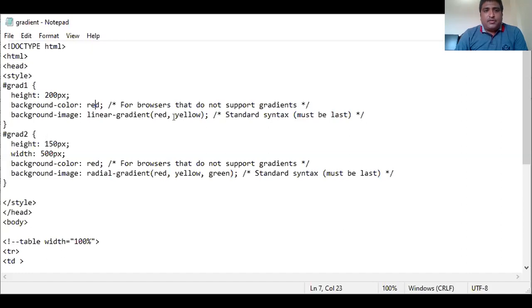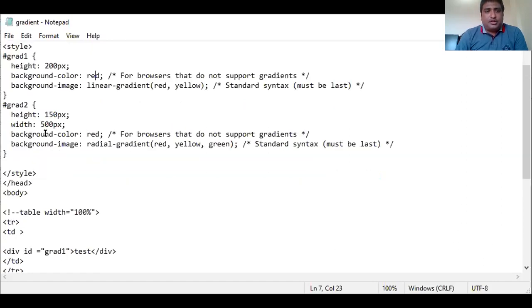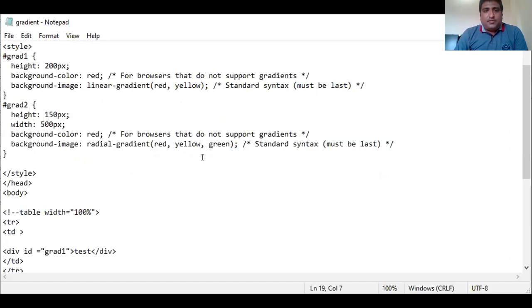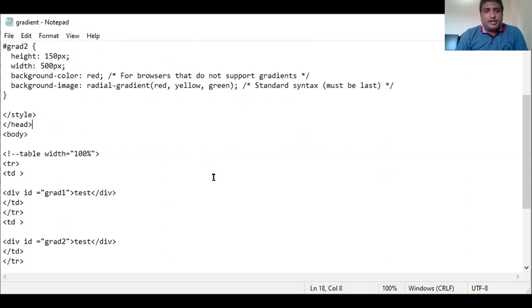And here we use linear gradient and we mix the red and yellow. This first ID is for linear gradient, and this is for radial gradient. So height and width we specify, background color we specify, and background image here with red, yellow, and green color. So three colors are mixed.